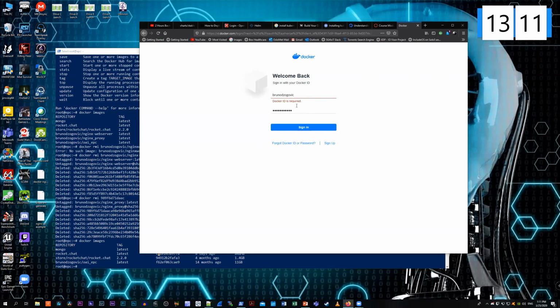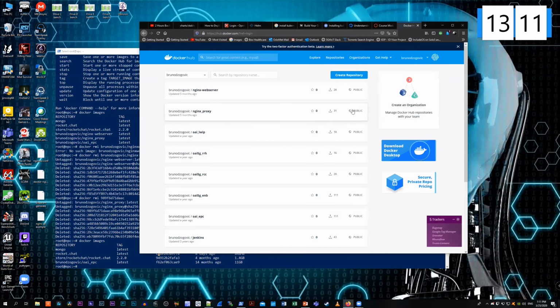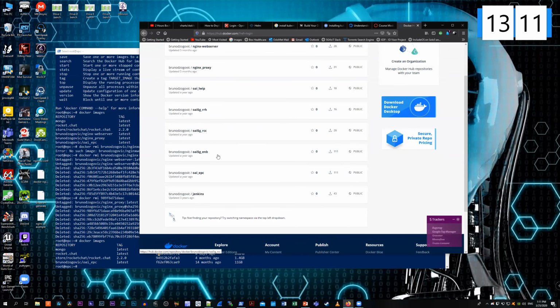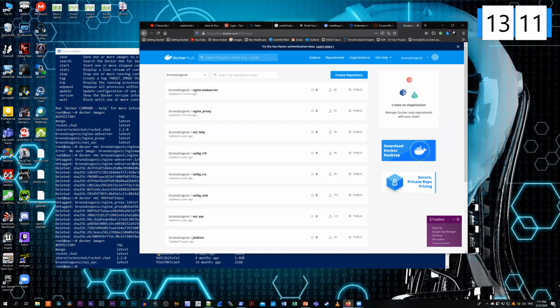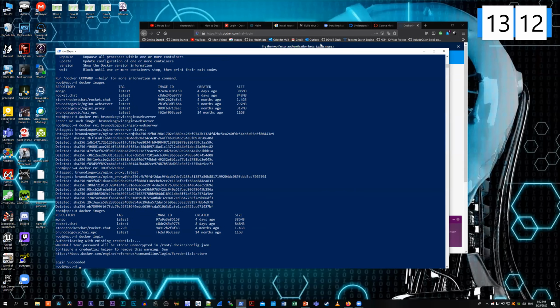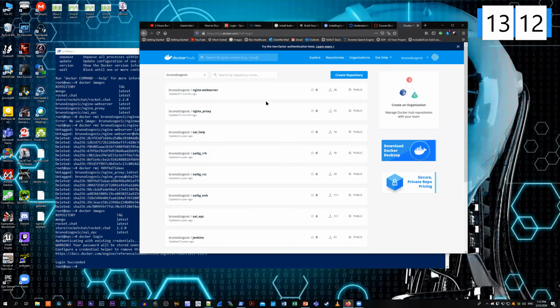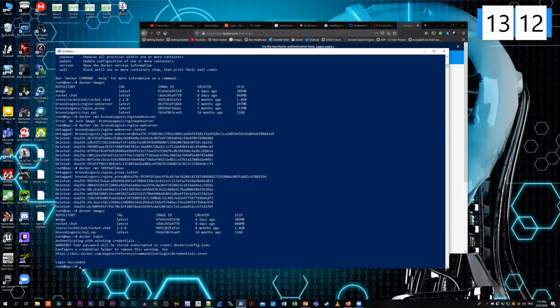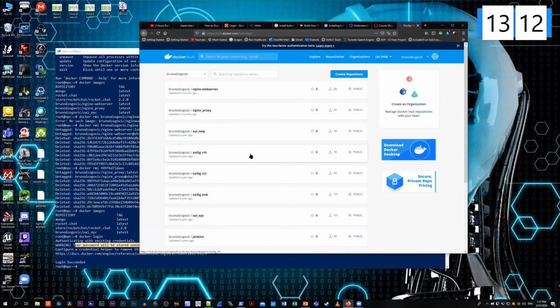So if I go with my ID in Docker and I sign in, I'll go to the Docker Hub. In the Docker Hub, you have images that you can push from here. To log in there, you can use docker login after you create an account here, and it will request your username and password. It says your password will be stored unencrypted in the log. Oh, that's very great. Thank you. That's awesome. Nevertheless, when you log into your repositories, you'll have your stuff that you push there.